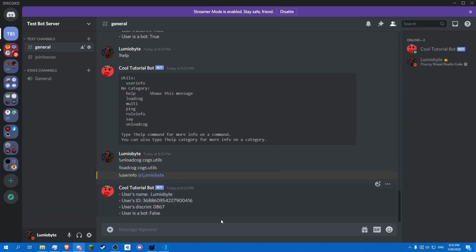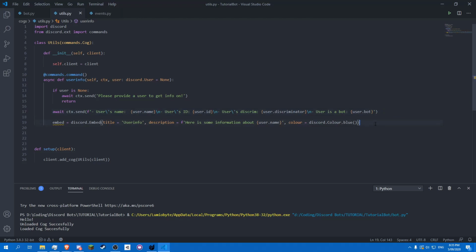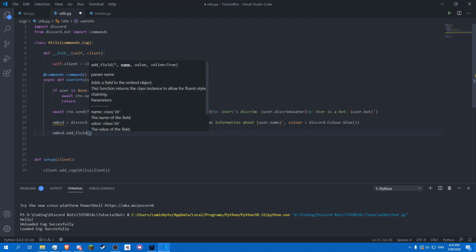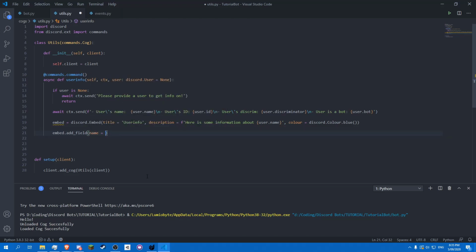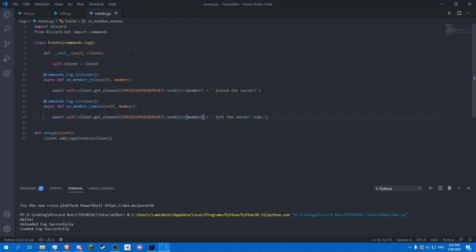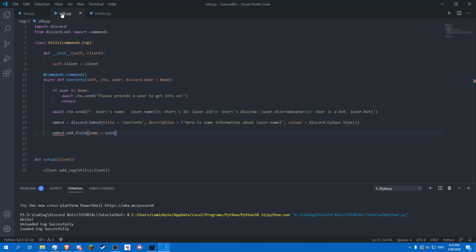So let's go back to our test server and we'll learn how to make a field. So we'll do embed.add_field, and then as we can see we need to pass a name, a value, and whether it's inline or not. So let's do name equals, and then we'll just make the name user, which will be the user hash discriminator, as I showed you back in episode 2, and I also showed you in episode 3 with the join and leave events. And then we'll do the value is equal to the same thing as up here, our f string, and we'll just paste this in here,